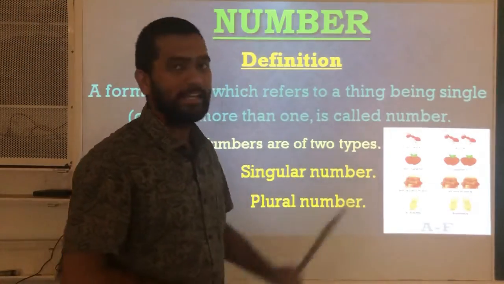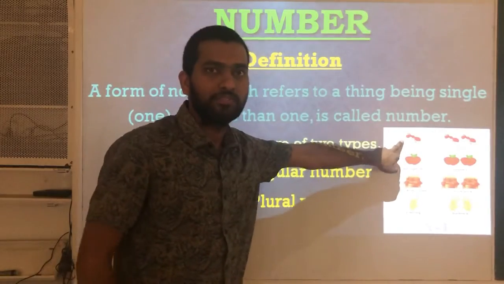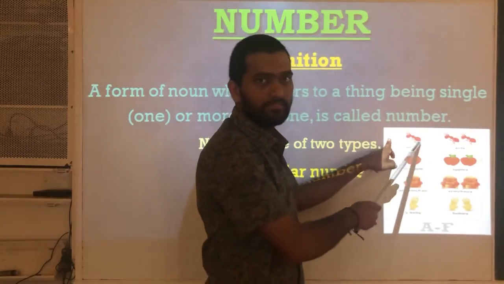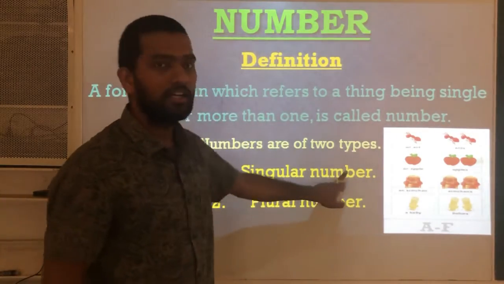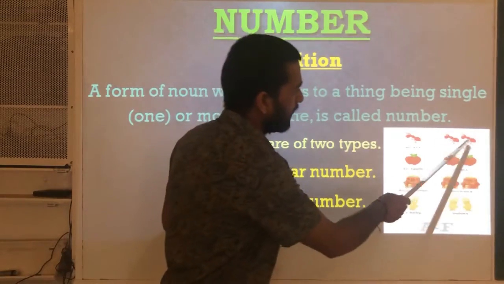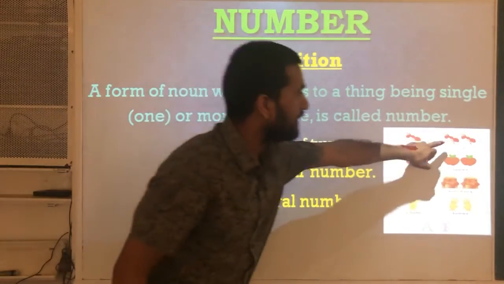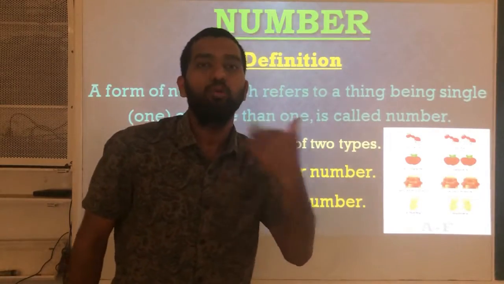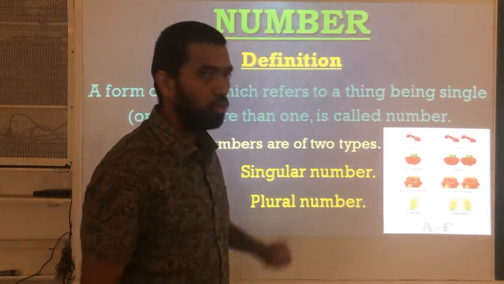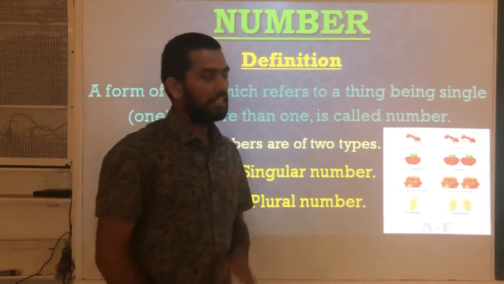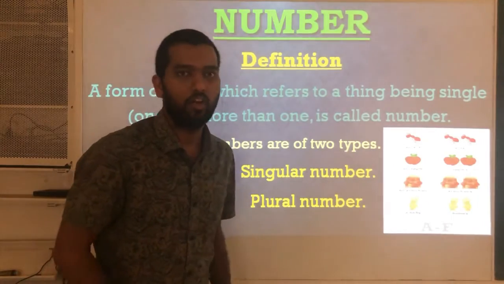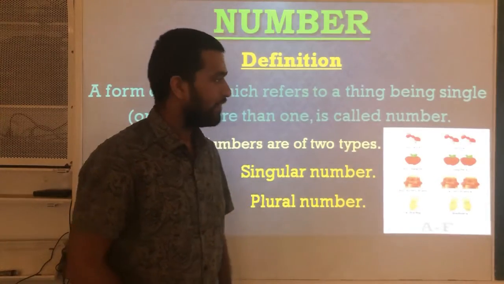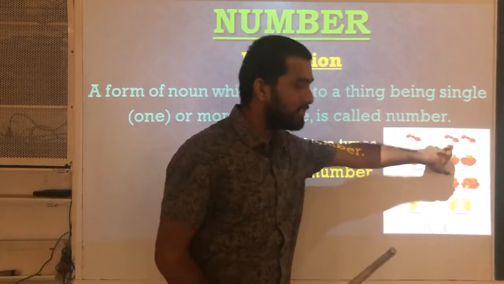See, an ant. This is an ant, yes sir? And there are ants. Means here it is only one number, so this is considered as the singular number. And here there are two ants, so it is considered as plural, bahuvachan. If it is more than one, then we will call it plural. If it is one in number, then we will take it as singular number. Okay? Now, this is singular and these are plural. Means this is ekvachan and this is bahuvachan.